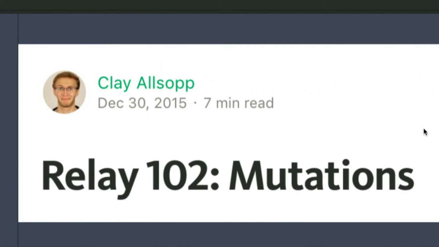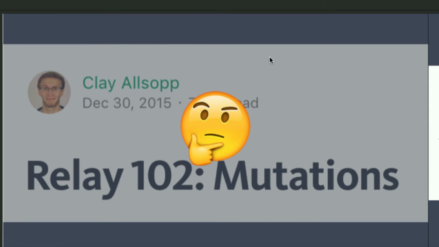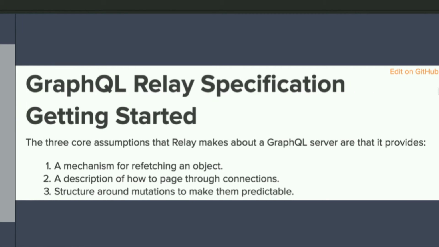And mutations are a little bit more complicated than just getting data. Mutations are an inherently hairy thing. You need to change the data in a way both on the server and the client, and have some kind of loading state while that happens, maybe do an optimistic update. And the cool thing is, if you use Relay, Relay has a very well-defined system of how to do mutations. But to buy into it, you have to buy into all the other mechanisms that Relay prescribes.